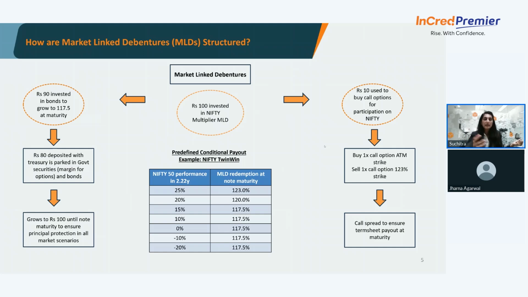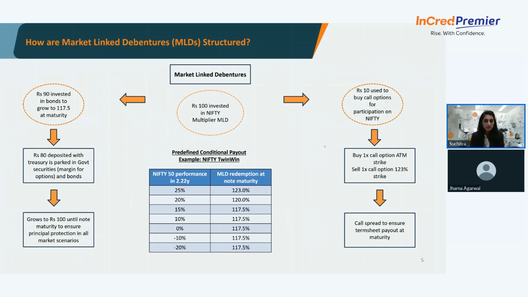And the reason I'm able to fund it with just 10 rupees is because that's exactly how the structure has been designed. So at the start of the structure, I know that out of 100, I have only 10 to spend on a combination of options. How do I spend this 10 rupees on a combination of options so that I am able to generate Nifty returns on the full 100% of the principal? And that is the job of the MLD trading desk. That is the job of the whole EQD desk here at InCred,